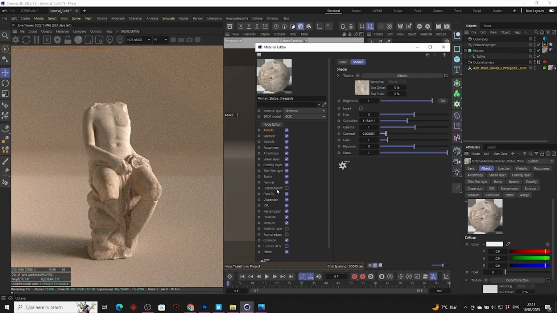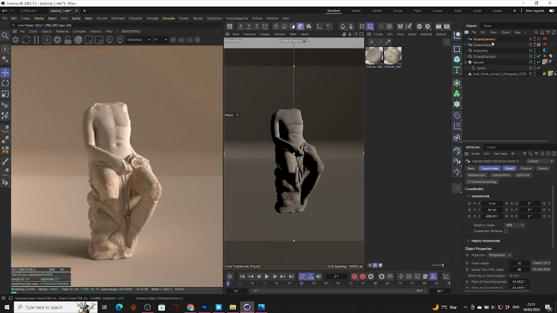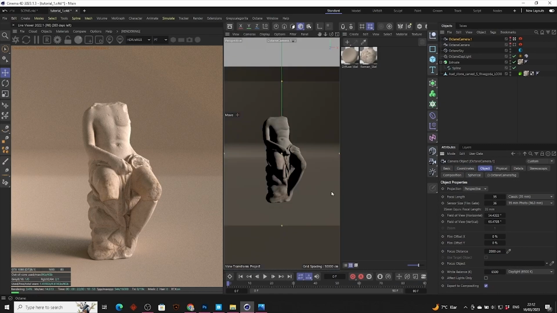I could add the displacement channel, but for the look I'm looking for, I'm not really interested in that. The last thing I can do is duplicate my camera, and if we change the default focal length, we might magnify the look of the sculpture. So the focal length is basically what's going to be captured by your lens. If I increase that,